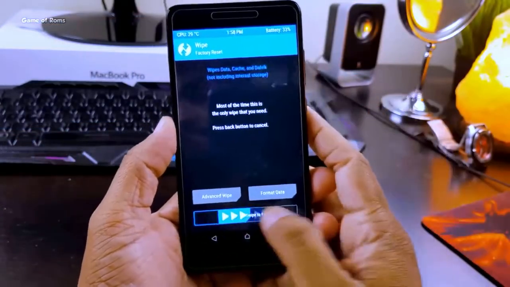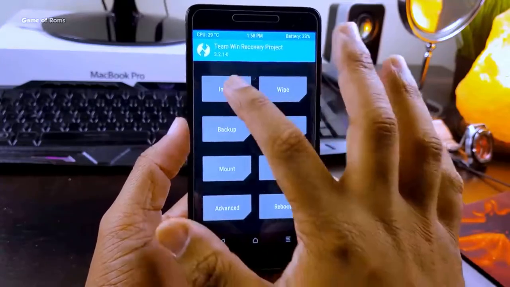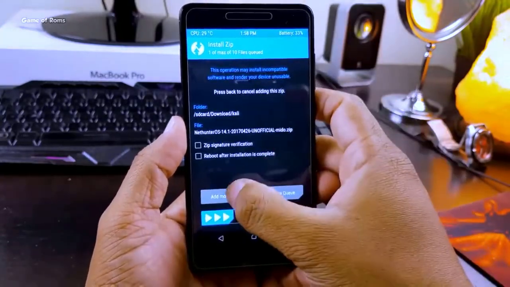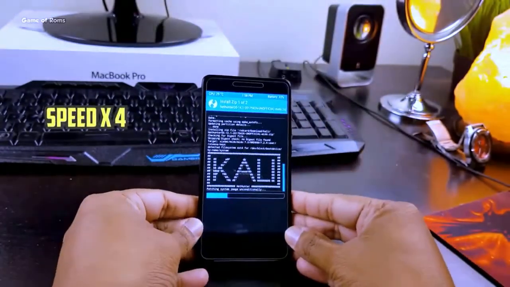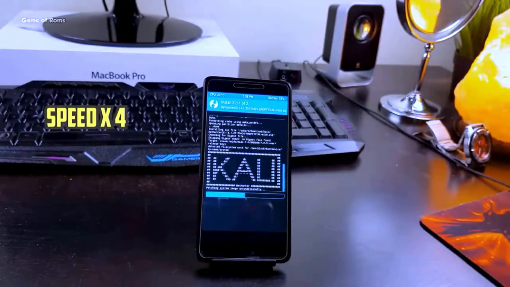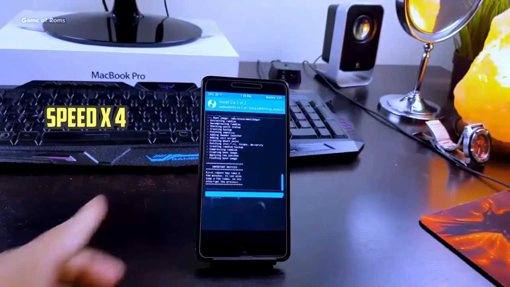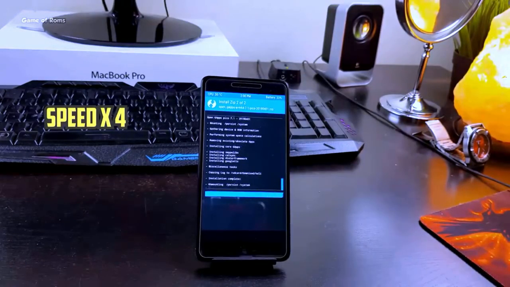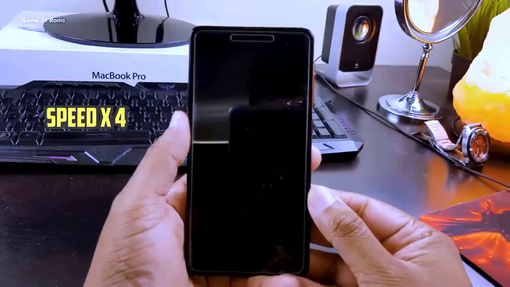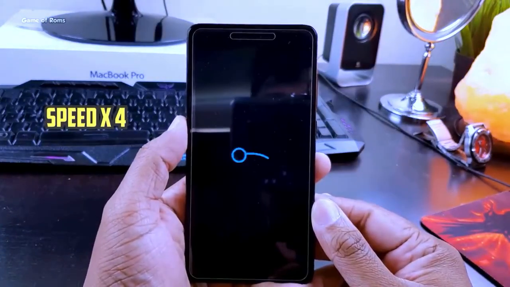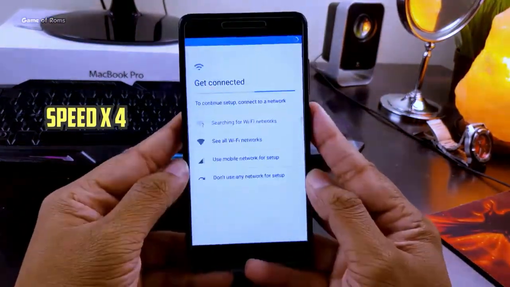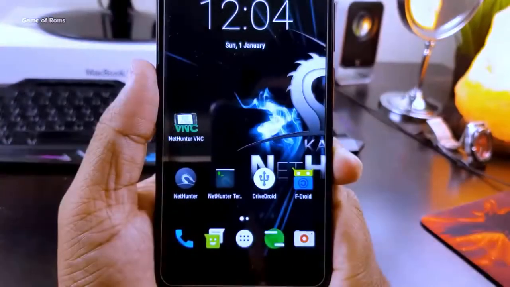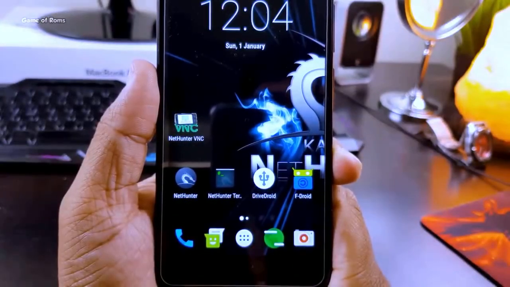First wipe everything except internal storage, go to the install tab, select Kali NetHunter, select GApps and swipe right to install. Once it's installed, you will have Kali NetHunter replacing your own OS.